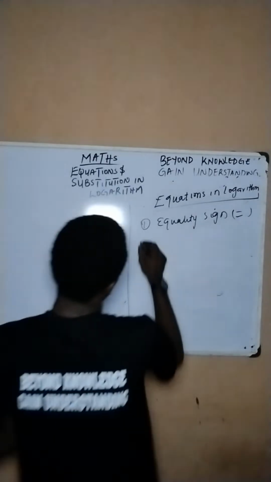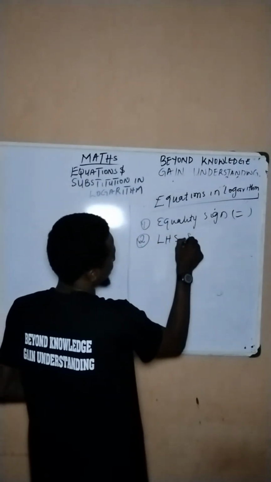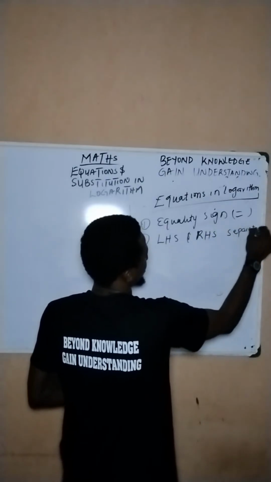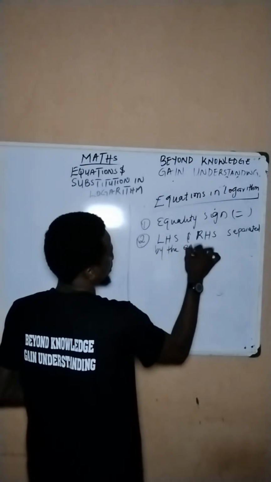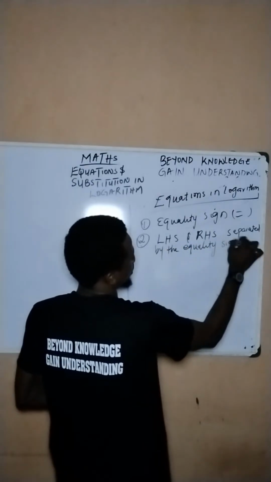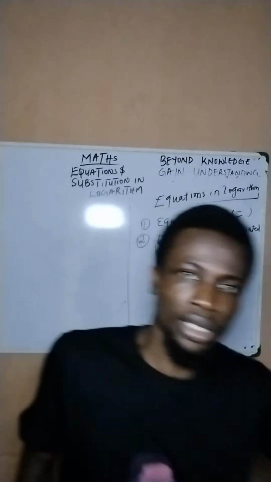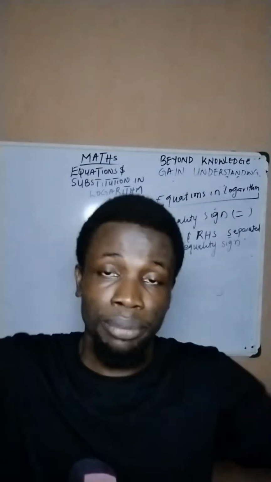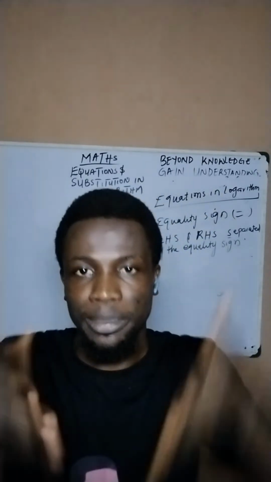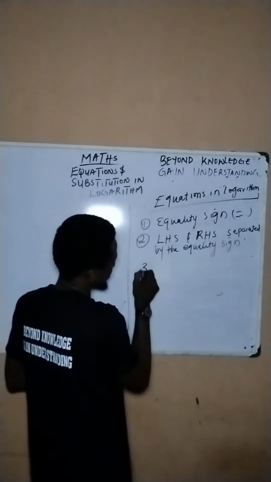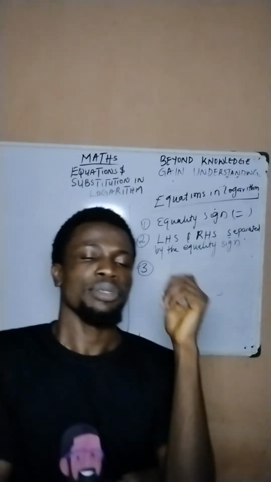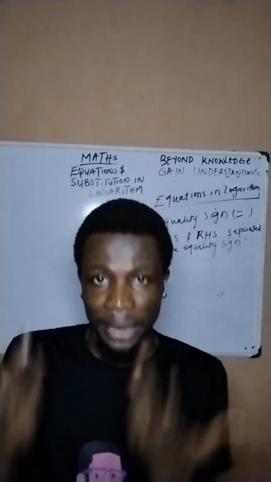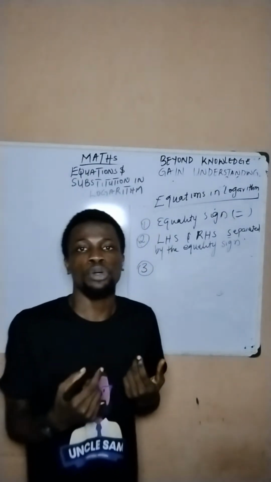And then secondly, there must be a left-hand side and a right-hand side separated by the equality sign. So there must be a left side of the expression and a right side of the expression, and both of them are separated by the equality sign that is placed in between them. And then third,